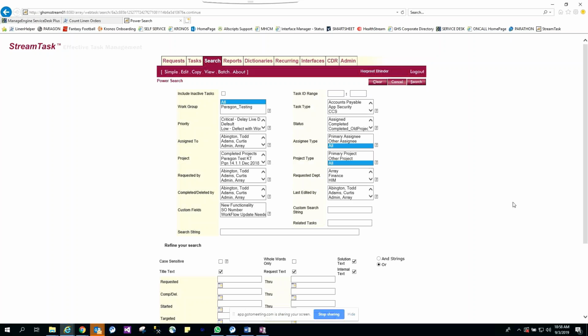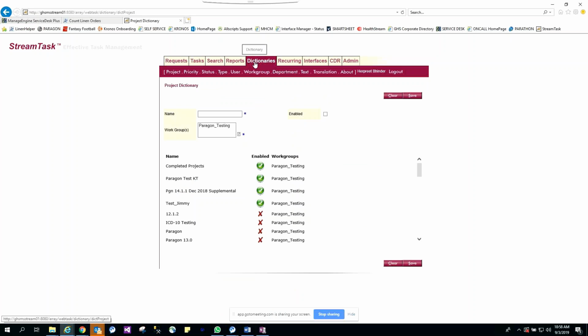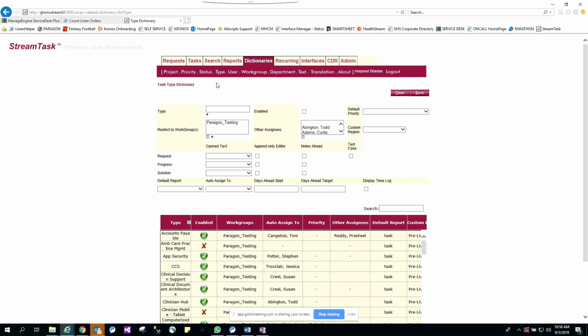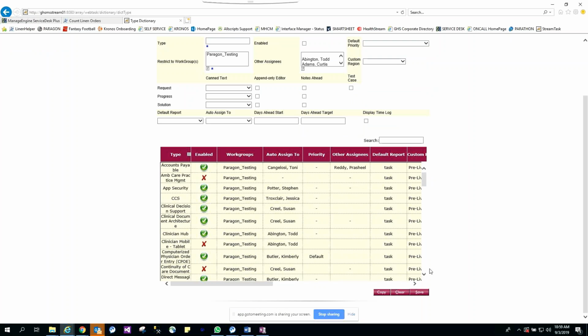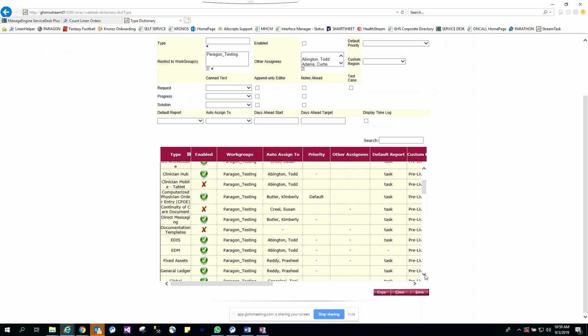Where do we do that? We do that in the task type dictionary. So you click on the dictionary tab and then click on type in the ribbon. So this is our task type. This will take you to our task type dictionary. Again, the task types correspond with the modules. So you have things like accounts payable, ambulatory care, app security, CCS, and whatnot. Okay? Just so you know,